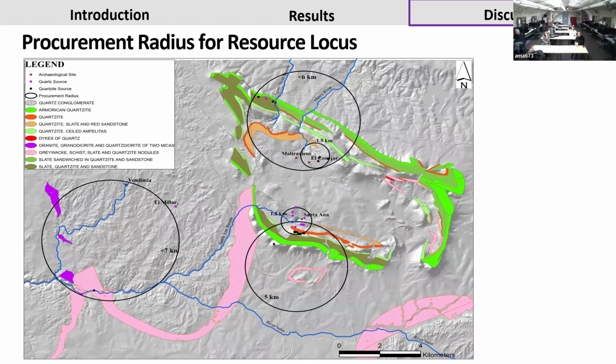So within the context of these source areas, you have a region of 1.5 kilometers from Santa Ana. Within here, you have this source, which is about a radius of 1.5 kilometers from Santa Ana. Another one is in the Sierra de la Mosca area, and to the Sierra de Agua Bibas, it does not extend beyond 6 kilometers. Here, it does not extend beyond 5 kilometers. And within the Vendimia, El Milla, and the Salor River area, it does not exceed 7 kilometers.